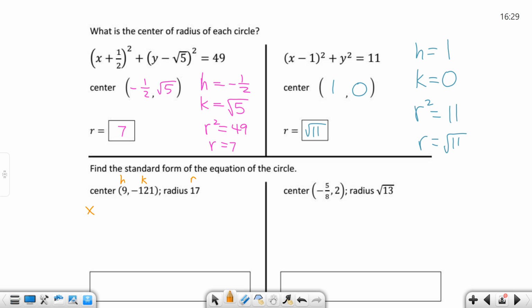The formula itself, which I'm going to write down because I'm going to write down every formula every time. X minus h in parentheses squared plus y minus k in parentheses squared. And that equals what? R squared, right? And so when I go to plug it in, this is going to be x what? Minus 9 squared plus what? And instead of minus 121 is what? Plus, because it is minus a negative. And then we have equals 17